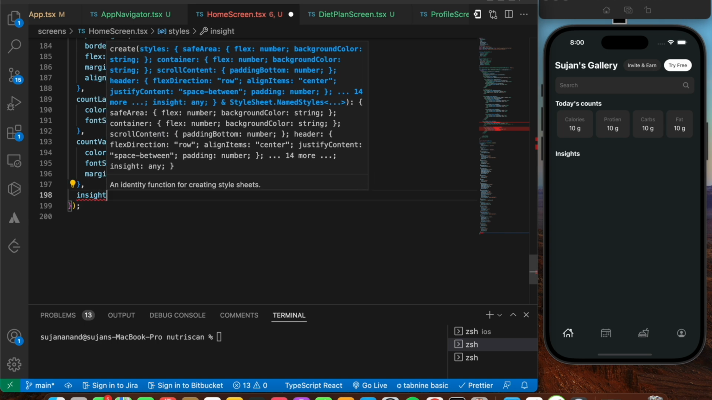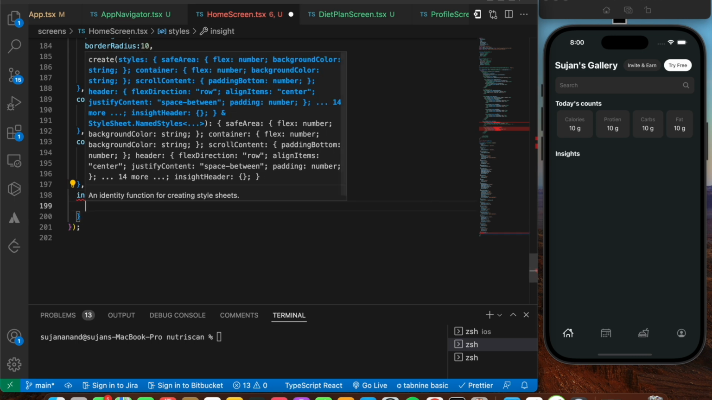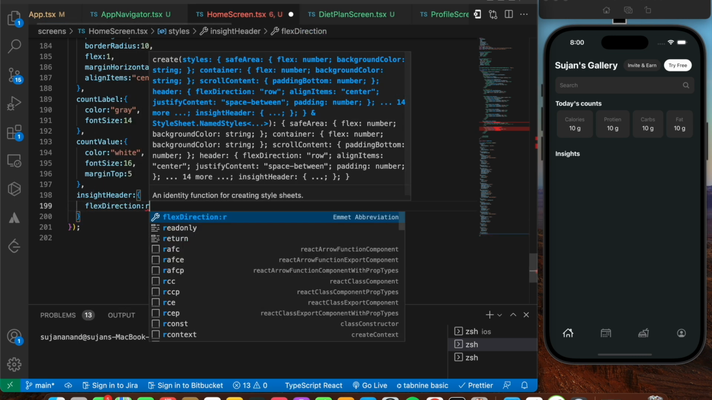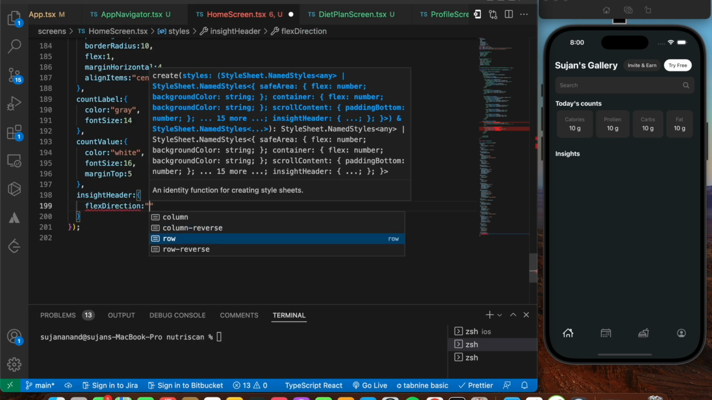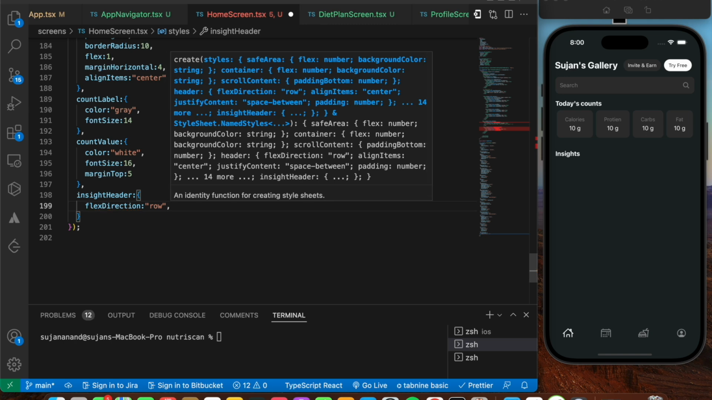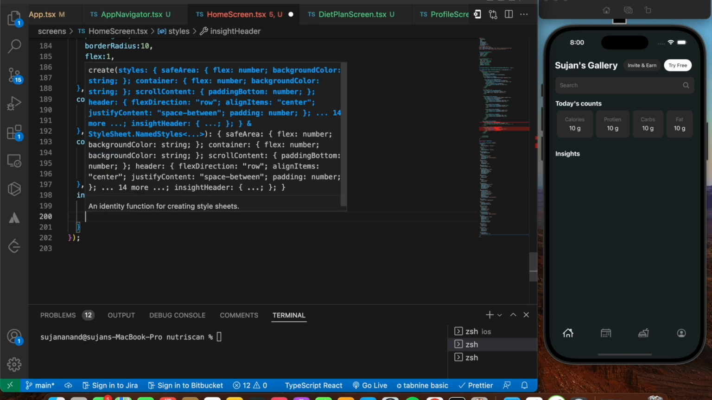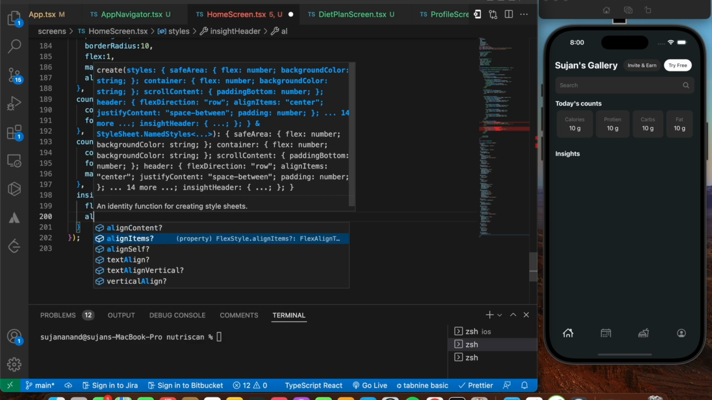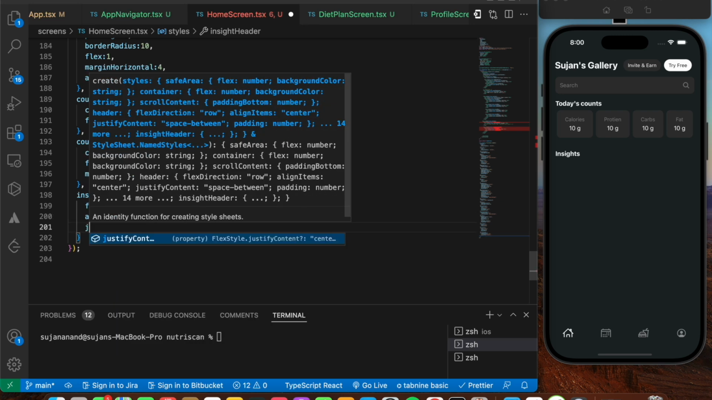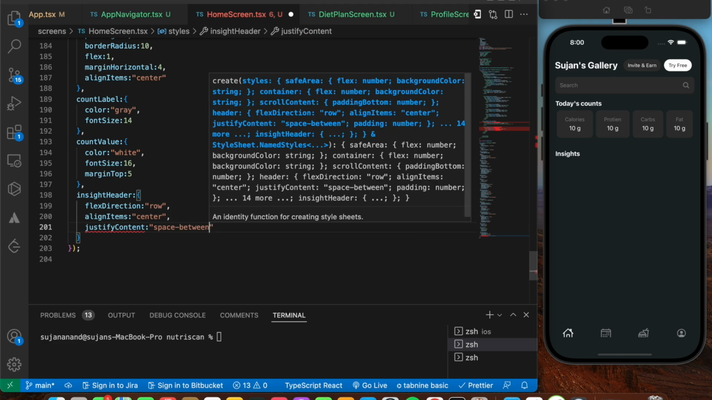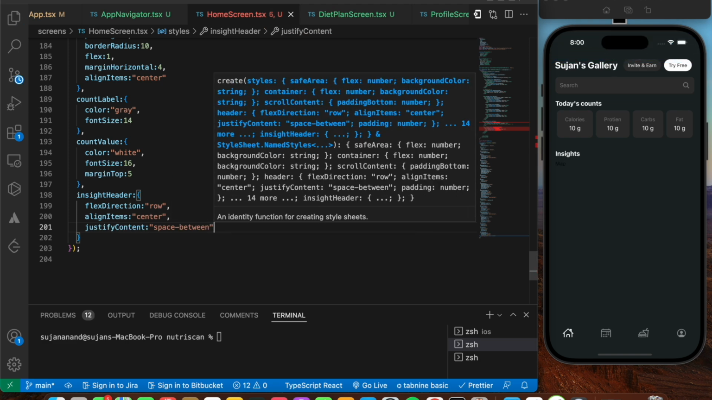So I'm going to say insight header, initially a flex of row, and we're going to say justify content of space between and then align items of center. Save the file. So yeah, once we have that icon working, we should be able to see the icon go